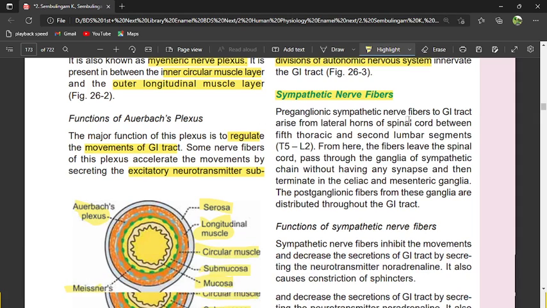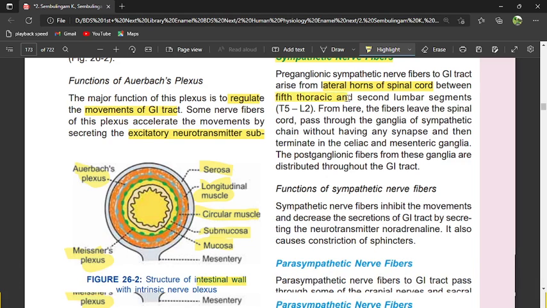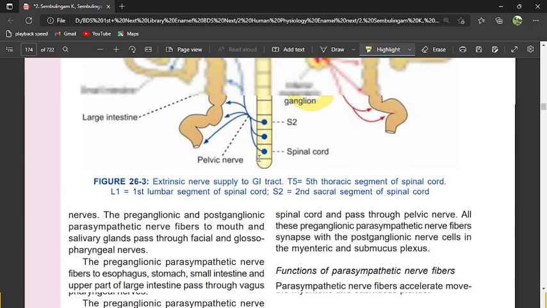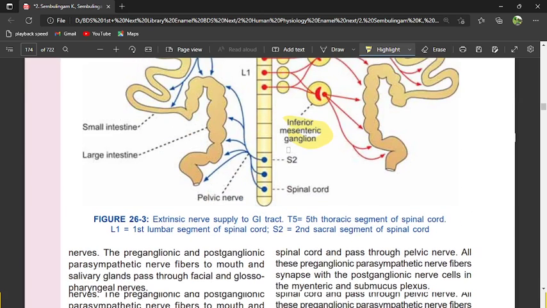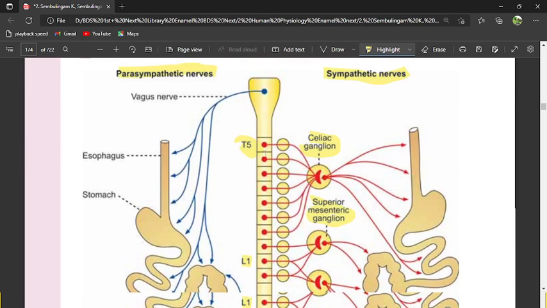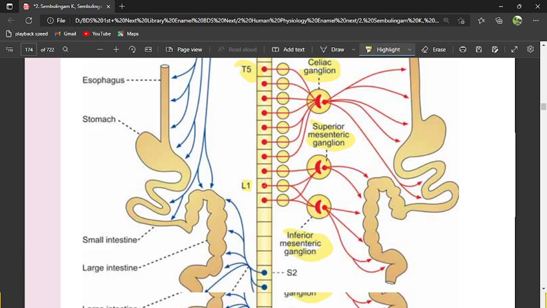The preganglionic sympathetic fiber of the GI tract, they arise from the lateral horns of the spinal cord between the first thoracic to the second lumbar segment. You can see in this figure, students. See, you are having the thoracic five and to the second lumbar. This is ending. See, this is lumbar one. सो देखो thoracic 5 वर्टिब्रे, यहाँ देखो लंबार में फर्स्ट वन, ये नीचे वाला सो सेकंड वन यहाँ तक।